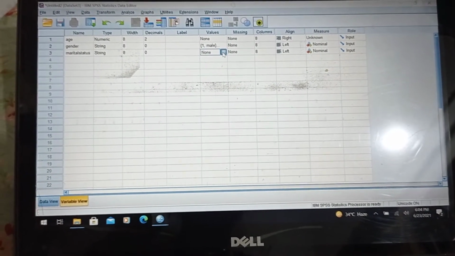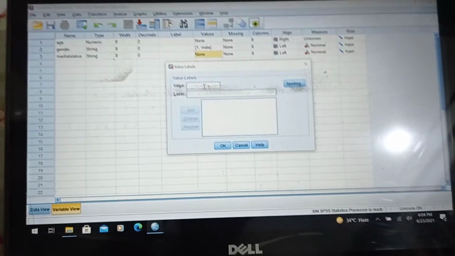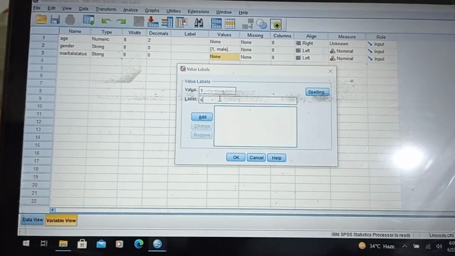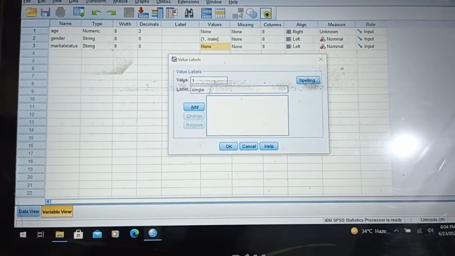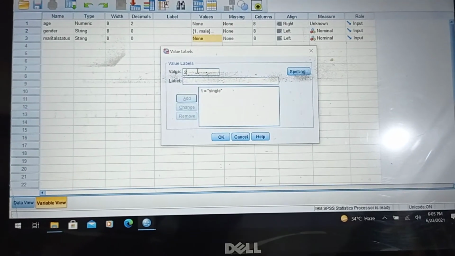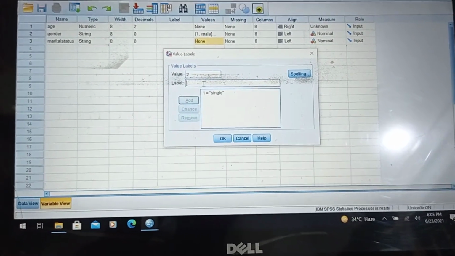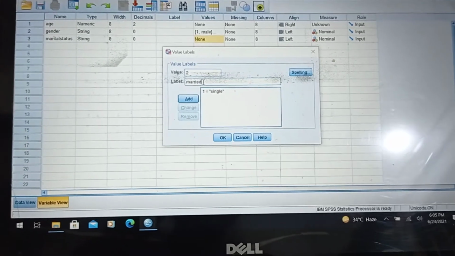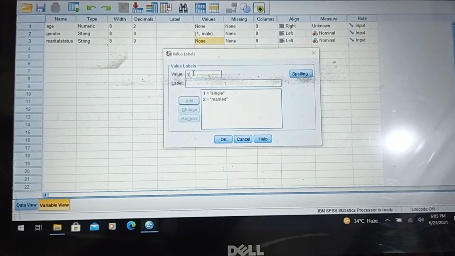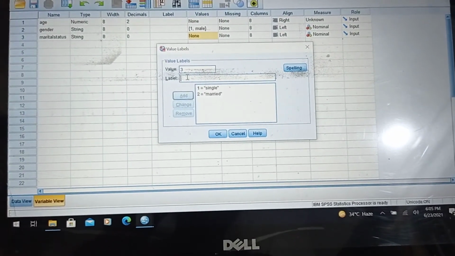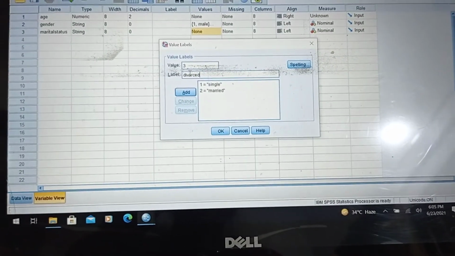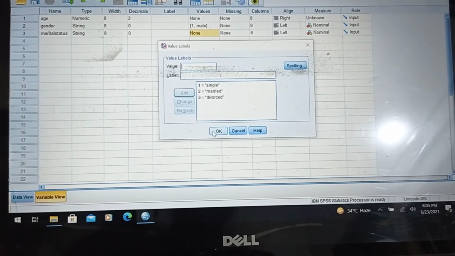Instead of writing single, married or divorced, you can just go here and label 1 as single, and click add, and then write down in value 2 as married, and then you'll add, and you can denote separated or divorced as 3, and then add, and click OK.